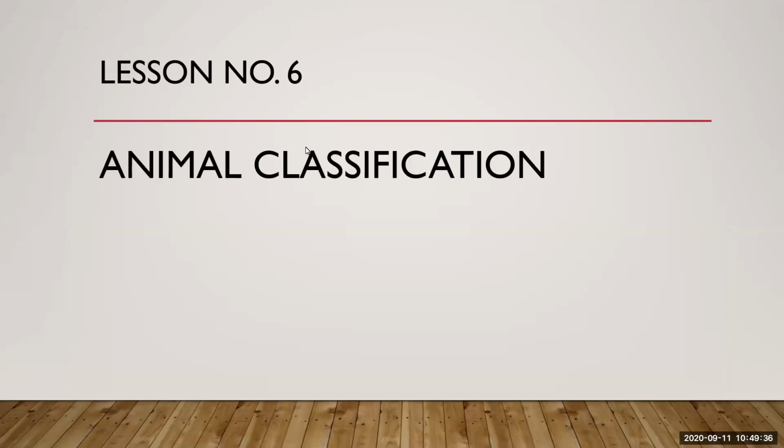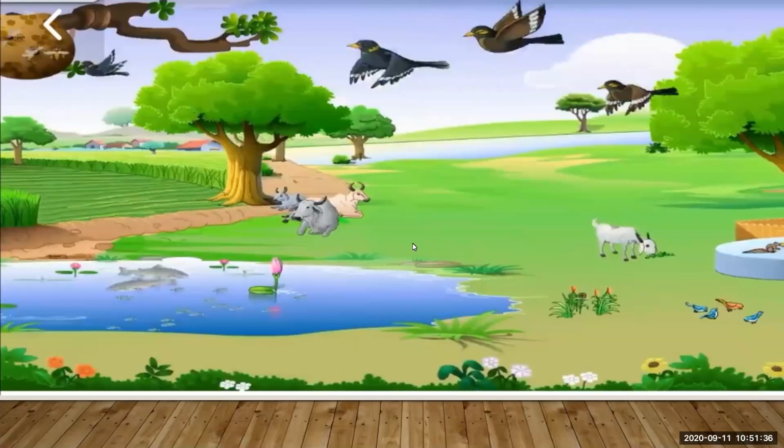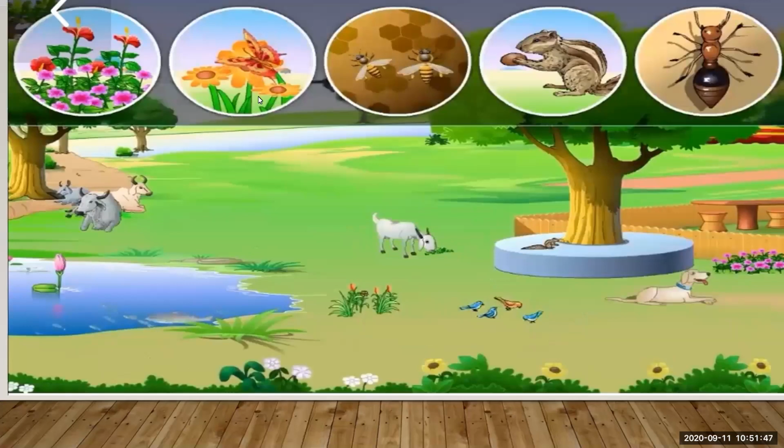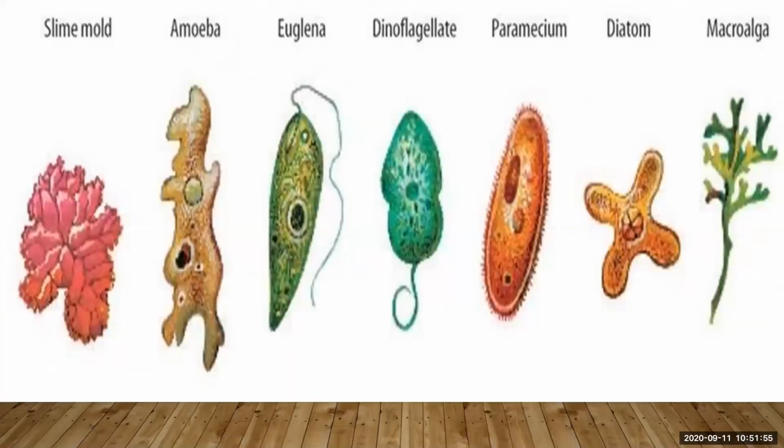We are going to talk about how animals are classified and what criteria are used to classify them, in detail. We are all surrounded by plants and animals. Now see this picture, you can see a wide variety of animals and plants. In this picture you can see the environment is made up of biotic and abiotic factors. There is a wide variety, from aquatic to aerial. You can see the animals here, some flowers, some beautiful butterflies, and our world is surrounded by some bacteria, some unicellular organisms.